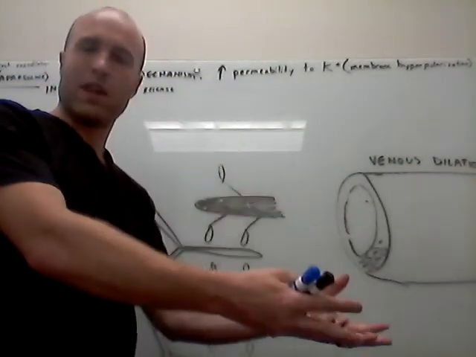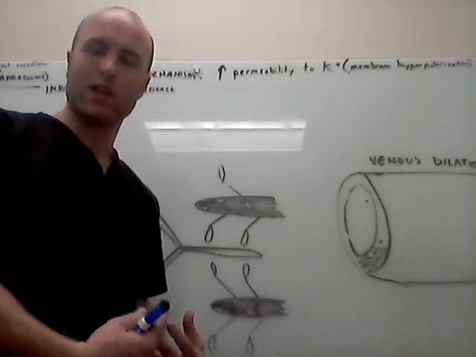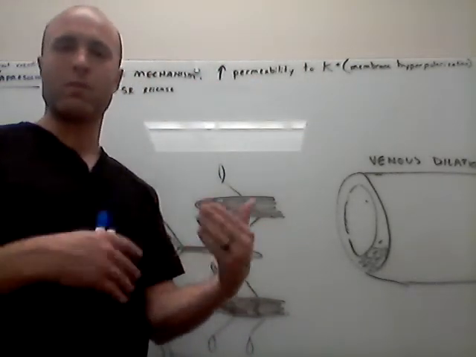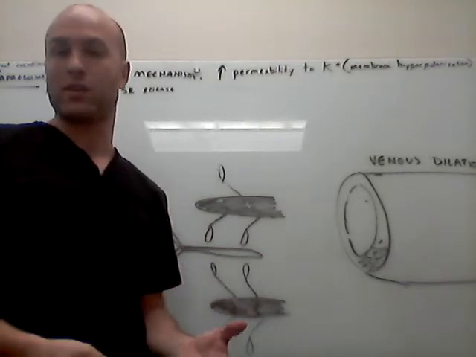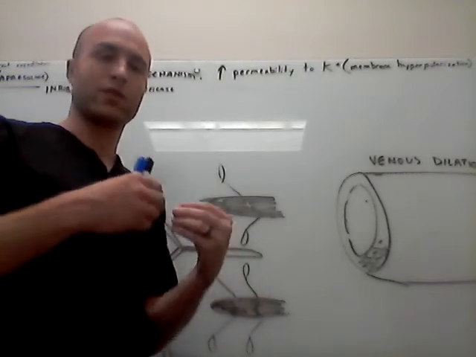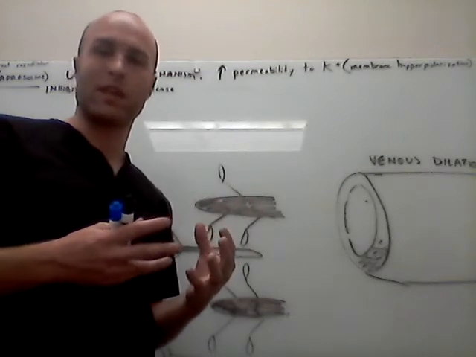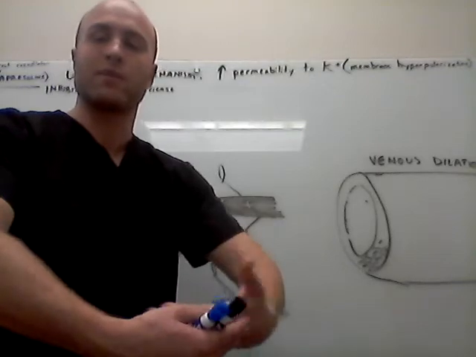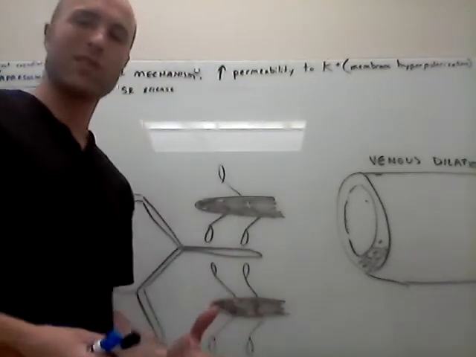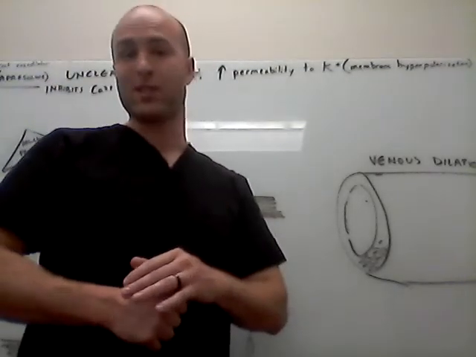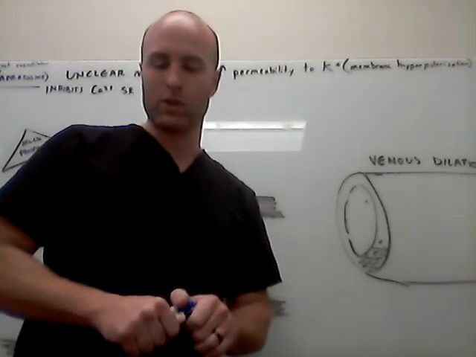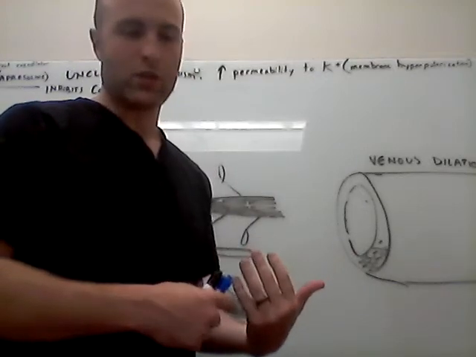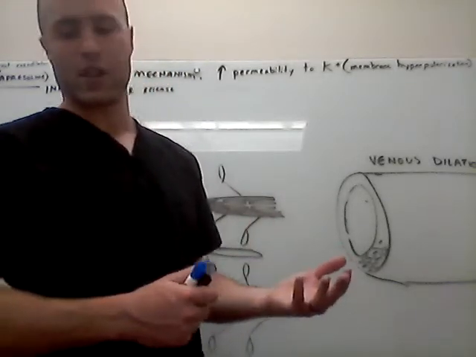Okay, so if you remember, there's a certain amount of ions on the outside of a cell, a certain amount of ions on the inside of the cell. Channels open, these ions come through, it changes the membrane potential of the cell and activates things. The cell gets turned on, it's going to open up the sarcoplasmic reticulum in muscle cells, and it's going to release calcium, and that calcium is going to cause the muscle cell to contract. So if it increases the permeability to potassium, essentially what's going to happen is that potassium is going to have a massive shift, and it's going to cause